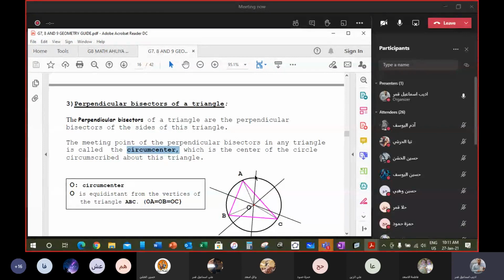Okay, the same here as in the orthocenter. If the triangle is acute, the circumcenter is inside the triangle. If the triangle is obtuse, the circumcenter is outside the triangle. طيب what if the triangle is right؟ وين بتكون circumcenter؟